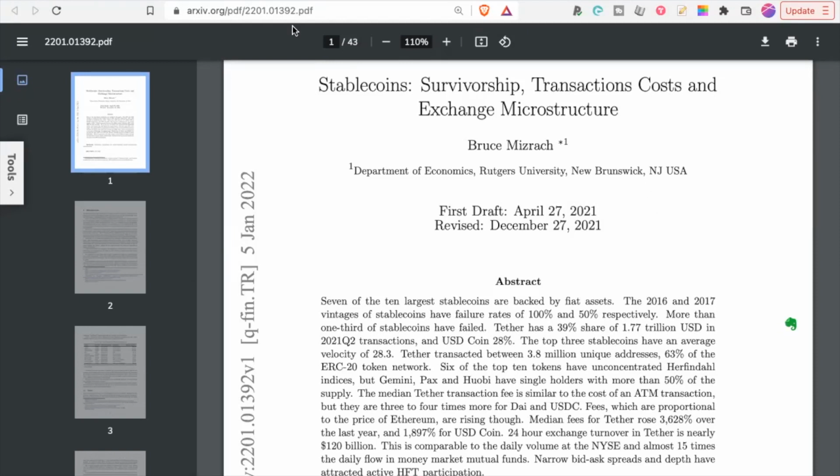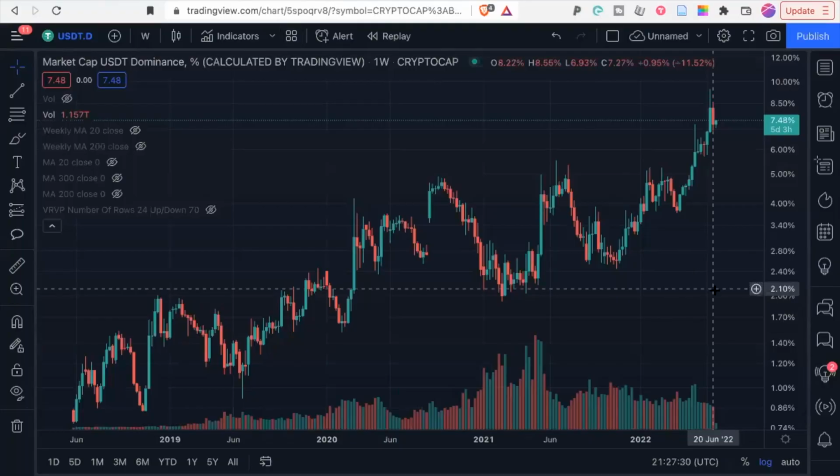So let's take a look at USDT dominance. This is the percentage of the total crypto market cap that consists of Tether. And this is the weekly chart that I have up here. USDT dominance tells you how much of the money that people have already allocated to crypto investing they're currently holding in cash. The reason that I'm looking at USDT dominance rather than USDT market cap is because dominance is a